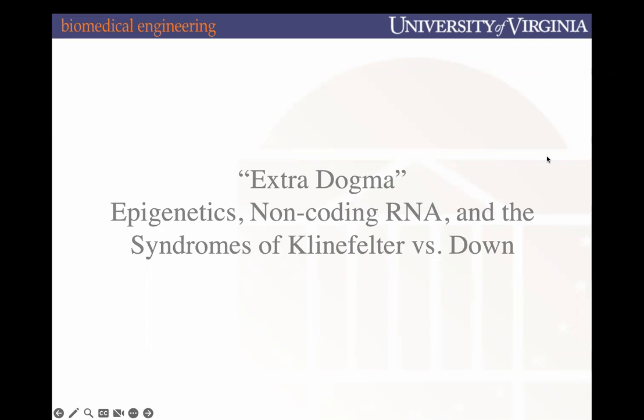All right, so the last unit was largely focused on the central dogma: how from DNA we get more DNA through replication, how from DNA we get RNA through transcription, and how from RNA we get protein through translation. What's important to note is that there are things that elaborate further on the central dogma